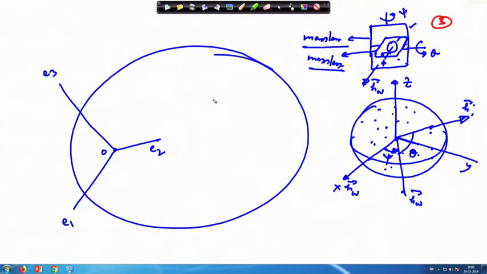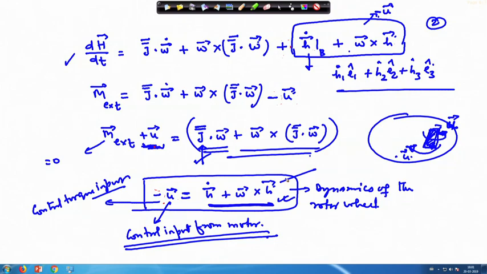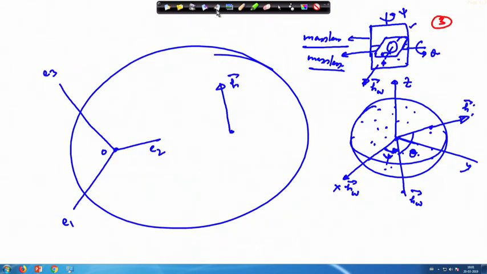Okay. So, if your gyroscope is located here in this place itself, or it may be located somewhere else. So, this h vector, which we have shown in the previous case as this one, which is related to the wheel rotation, I will write as h w here. So, this can rotate with respect to this body anywhere.